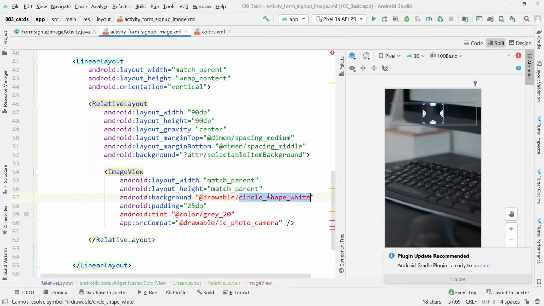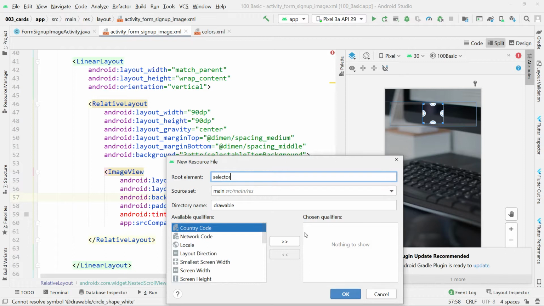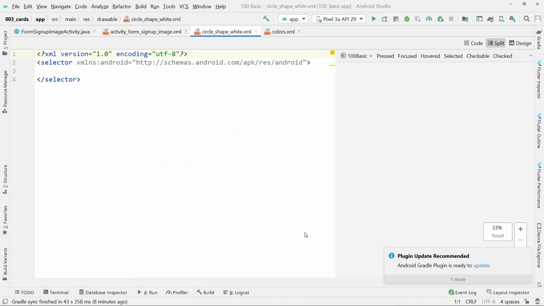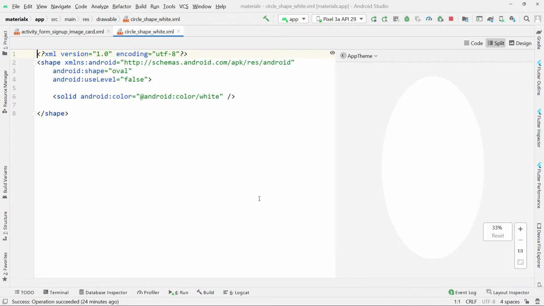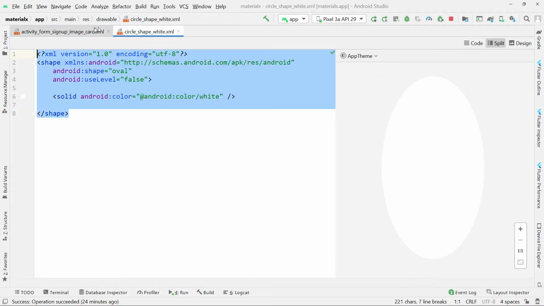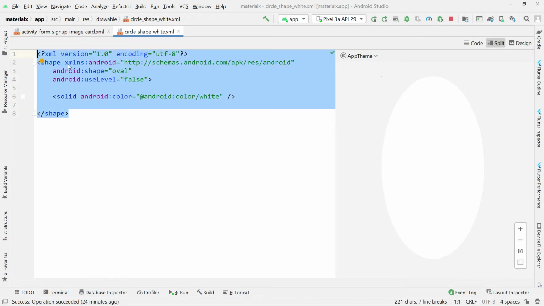So to create that whitish circle, just press Alt and Enter and say create a new resource file. It's going to be just a resource file. That resource file is just a drawable. I mean, it's a layout where we're going to define these rules. I think we already have it, but you just write and add these few rules, which is going to have